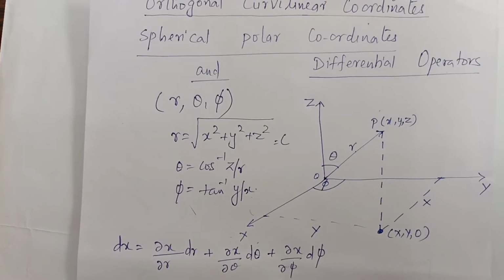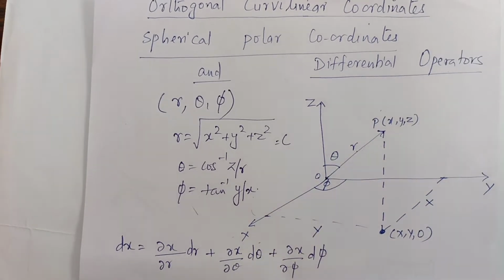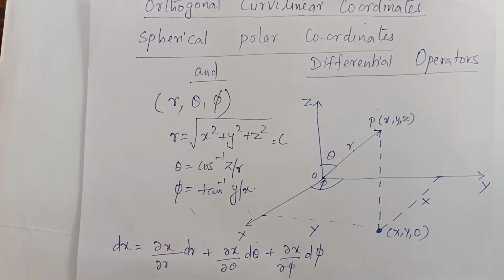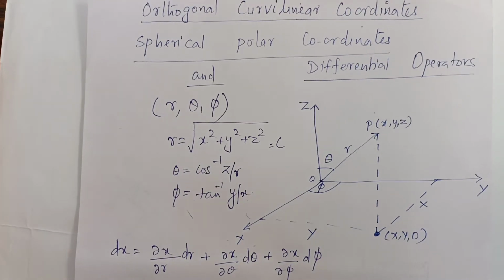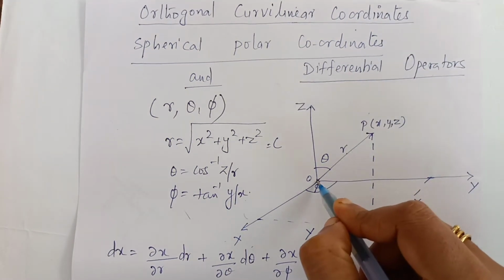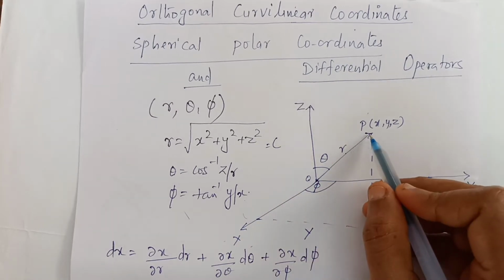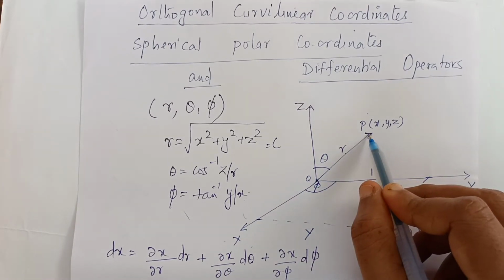Okay, now we know what spherical polar coordinates are. We usually represent spherical polar coordinates by r, theta, phi. We have r equal to xi plus yj plus zk. So r can be written as the root of x square plus y square plus z square, which is a constant. That is, we were considering concentric spheres about the origin. So r is the distance from the origin to the point P,